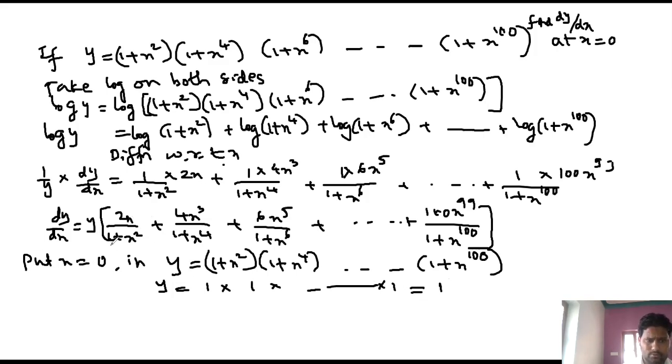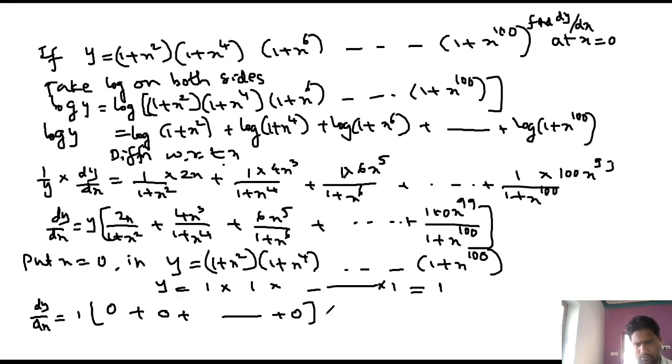So here we put x equal to 0. Now see dy by dx, what happened? 1 into, that is 2 into 0, 0. By anything is 0. Plus this also 0, plus 1 plus 0. So the sum of 0, 0, and 0 into 1 is 0. So dy by dx is 0.